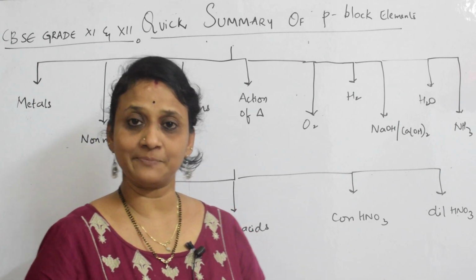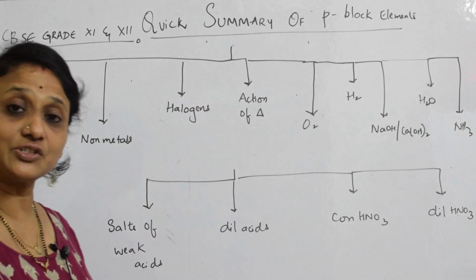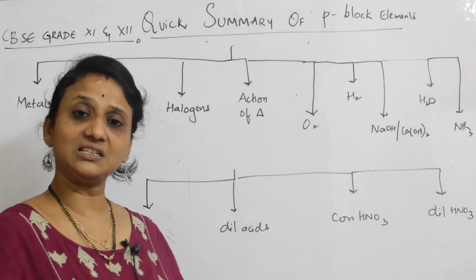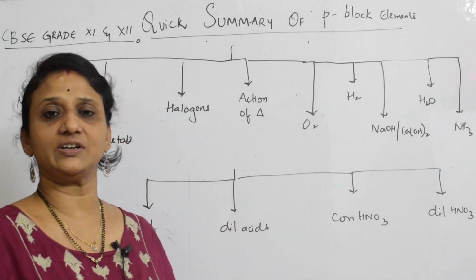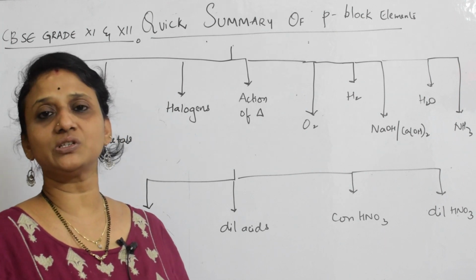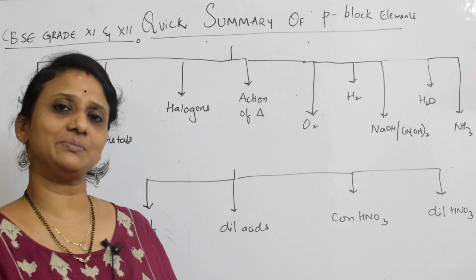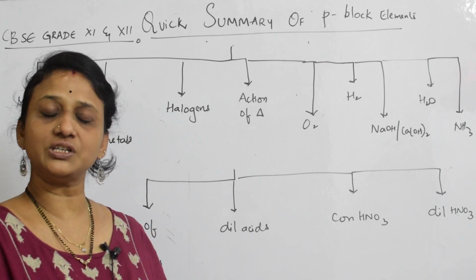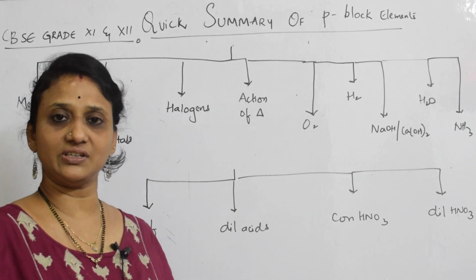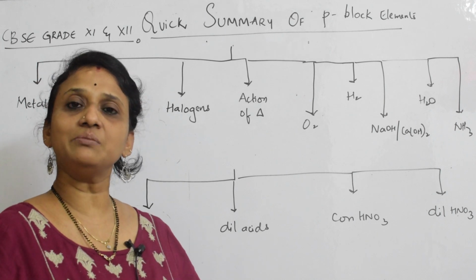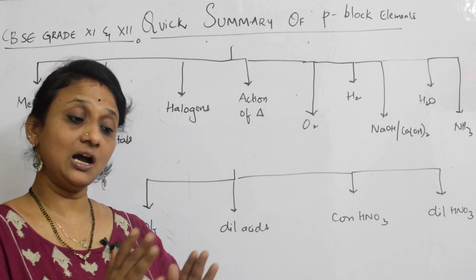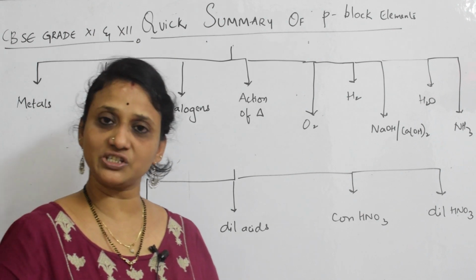What are they? Let's see. First of all, we are going to see the reactions, starting with groups 13, 14, 15, 16, 17. As you know, the 18th group is the inert gas group, and those reactions are completely different because of their inert nature. So starting from the 13th, 14th, 15th, 16th and 17th, I'll pick up all the elements of the different groups and we will see under which category they react.